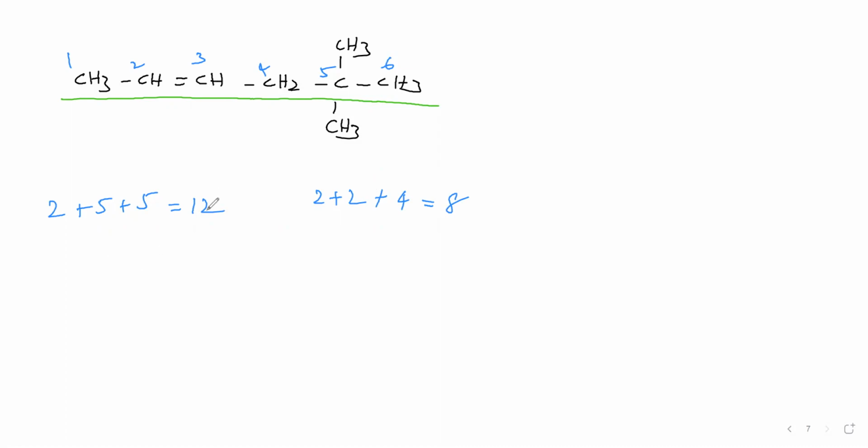Though the sum of the locants is high here, we must give numbering from the left side only, because the double bond must get the least position. We should not look at the sum of the locants now, because among the functional groups, the C=C double bond gets higher priority when compared to alkyl groups. Therefore, we must give the C=C double bond the least position. So numbering has to be started from the left side, not from the right side. Okay. Now we will say the name.